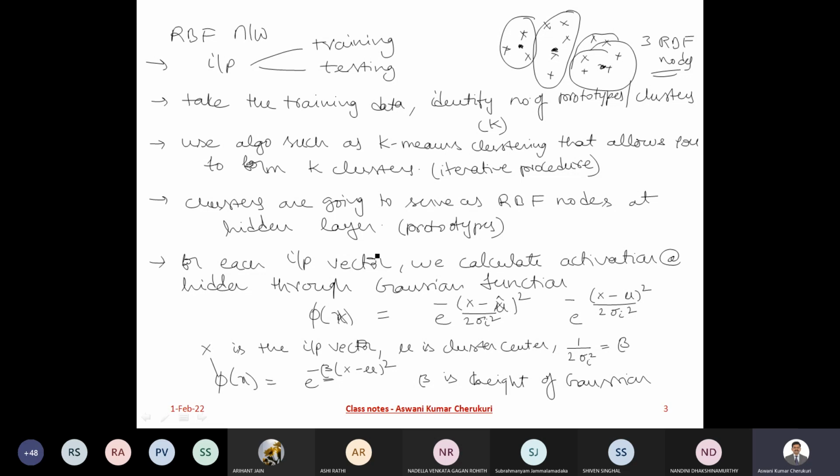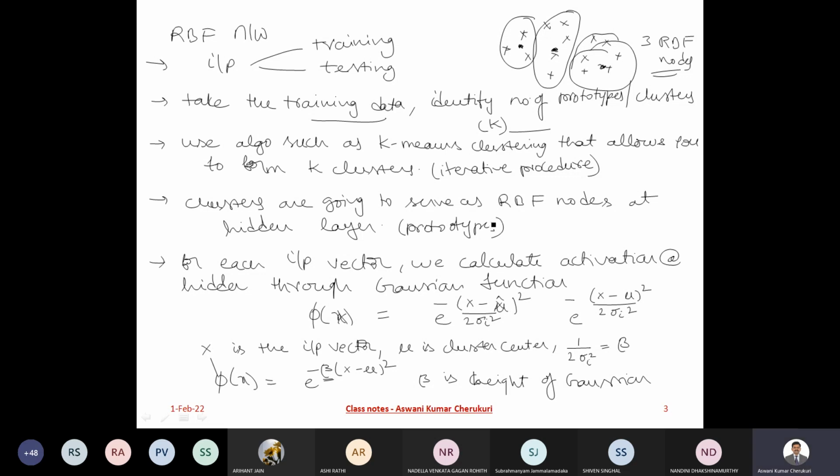So the point is, so far what we discussed, we said you take the training data and form some number of clusters. You can define the number of clusters heuristically, whether k clusters, k plus 1, or k minus 1, whatever it is has to be decided heuristically. Once that is done, you form the clusters at the hidden nodes. In fact, hidden nodes are nothing but the clusters, and you submit each input vector of the training data. For that, we are going to calculate the activation,